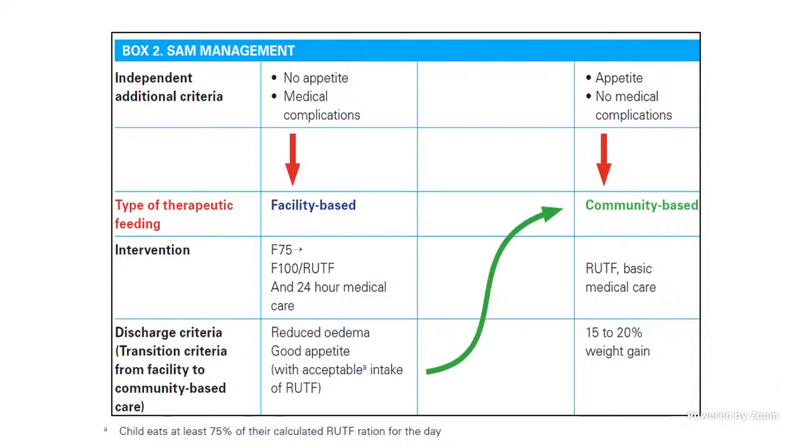Okay, now the edema has come down, the child starts to eat, starts to gain weight and loses that edema. The child got admitted with bilateral edema, no? This edema goes away, the infection is getting controlled, the child starts to eat, then we can discharge the child. These are the transition criteria from facility based care, and we can shift back to the community center. In the community center, where the child has a good appetite and no medical problems, we will manage in the community. Okay, so in front of us we can make them eat the F75 and F100.